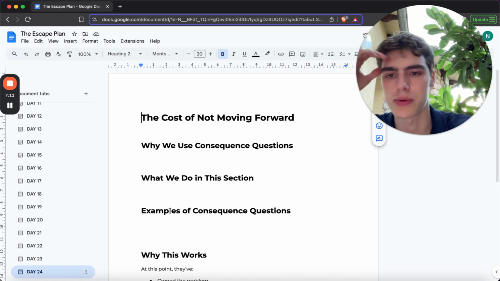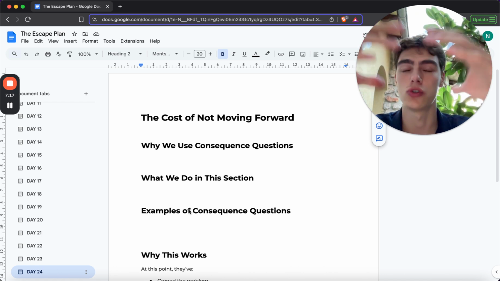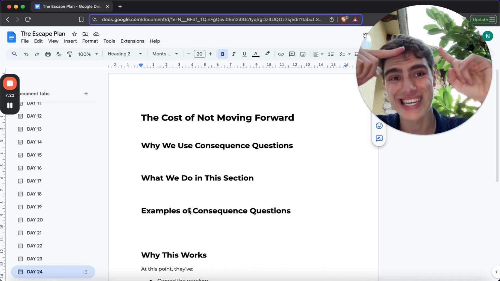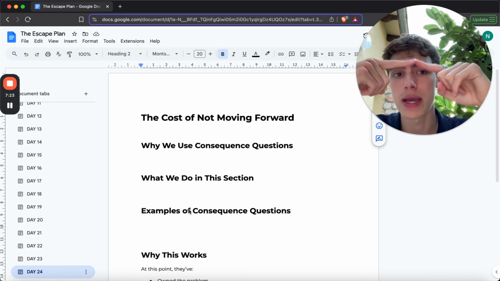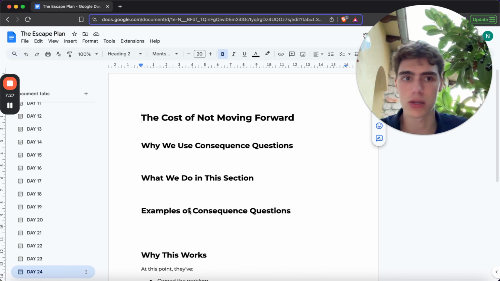So the core questions, right? Here are some examples of core questions that you can use. Have you thought about what would happen if you don't do anything about this? Are you willing to settle for that? Is an amazing question, because you're making it very clear to them that this is completely up to you. And then you can also say, okay, and whose decision is it? Who is it up to change this? Who is it up to get you out of this position? Who is it up to get you to XYZ desired state?